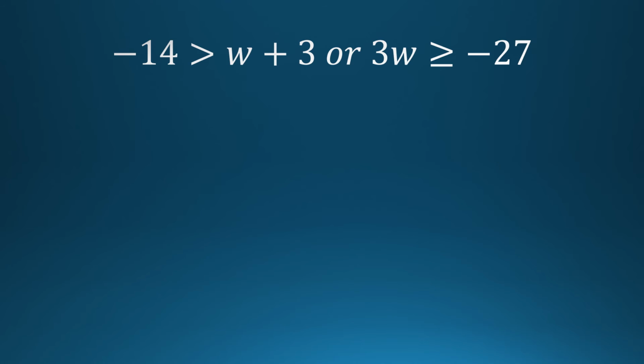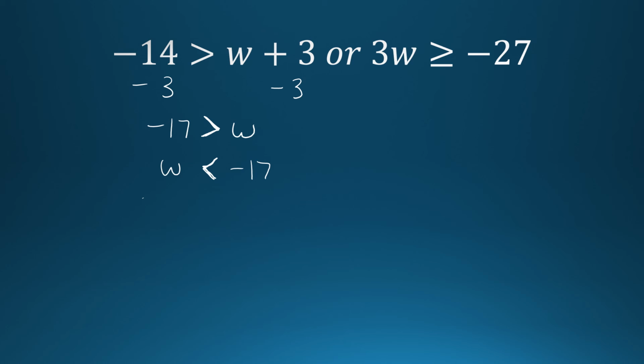Moving on to our next example, same situation. Anytime you have an OR inequality, just approach it as two separate inequalities in one problem. So with the first one, I'm going to go ahead and subtract 3 from both sides to get negative 17 is greater than w. And I do like to make sure the w is on the left, anytime I have a variable, I like to put it on the left. So I'm going to flop these around and put the w on the left, negative 17 on the right. And since my inequality symbol was opening towards the negative 17, we still want it opening towards the negative 17 when we rewrite it. So the solution to the first one is w is less than negative 17,